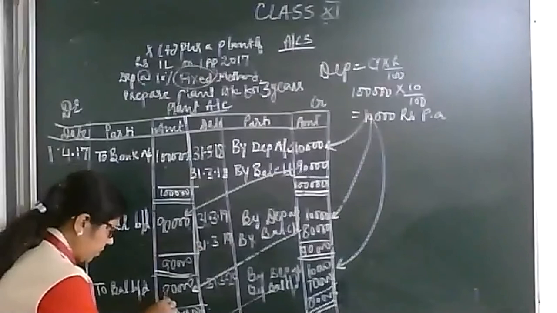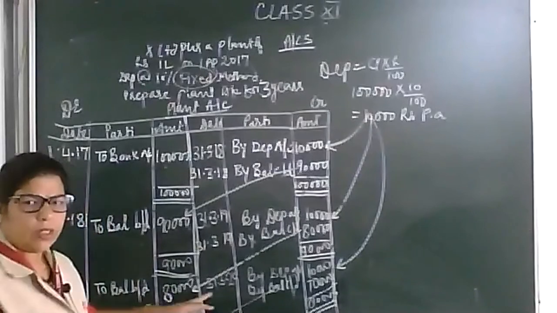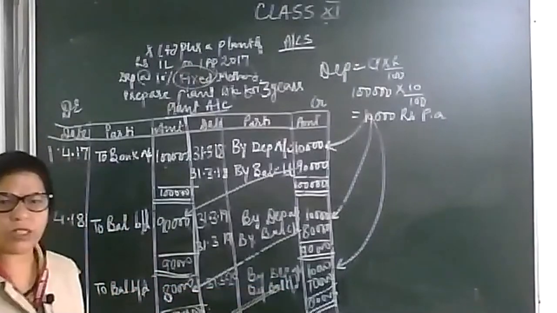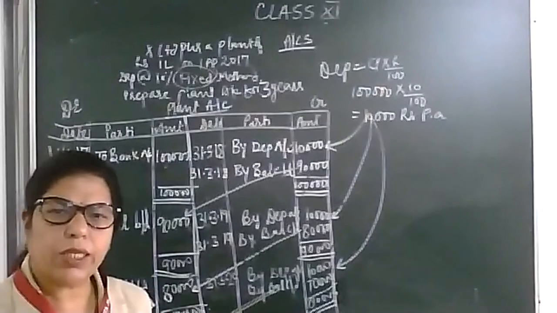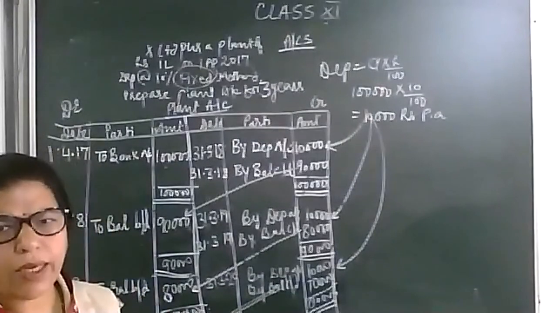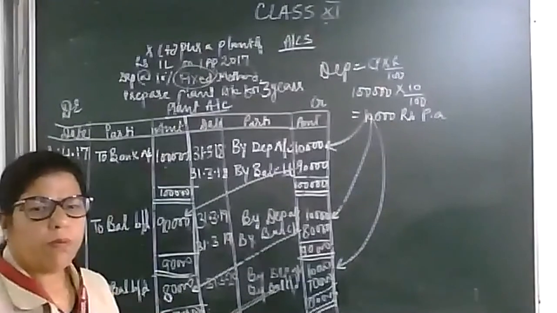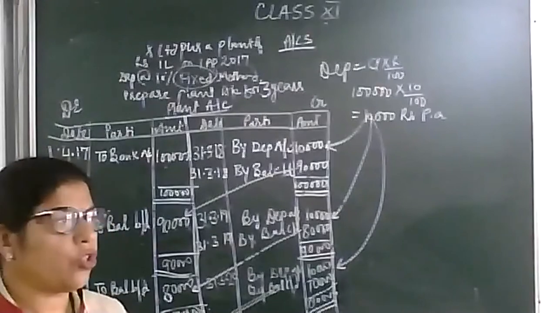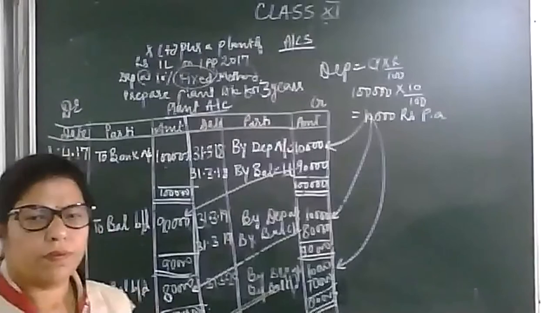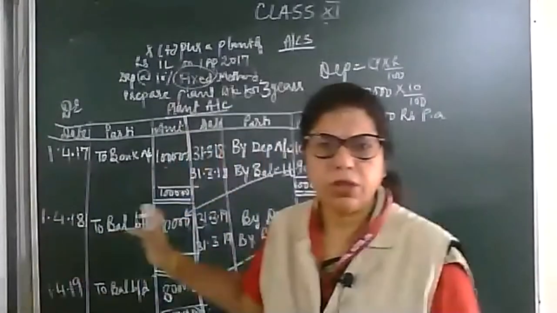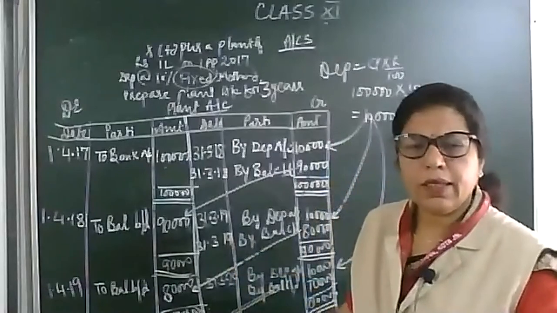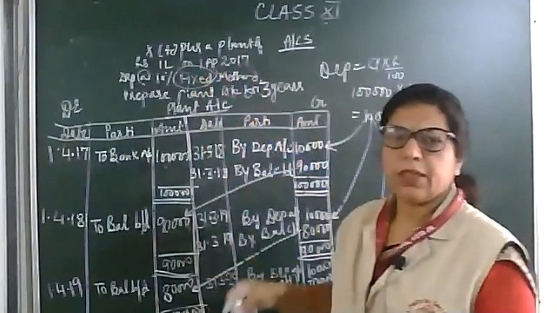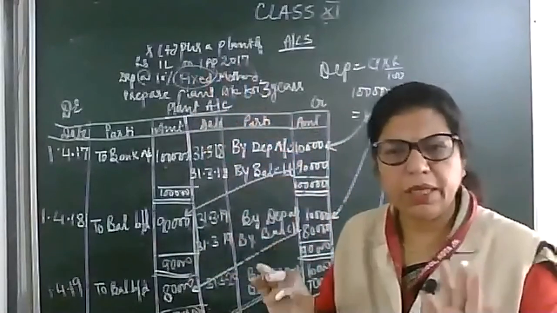This is 80,000. Again minus 10, 70 remaining. Then this 70 will go to the next year. This is the way. Okay? If you want to note down, you can note down. Please note down. This is the fixed installment method. Okay, any doubt? See, only the amount, date, rate will change. The method, formula will remain the same.